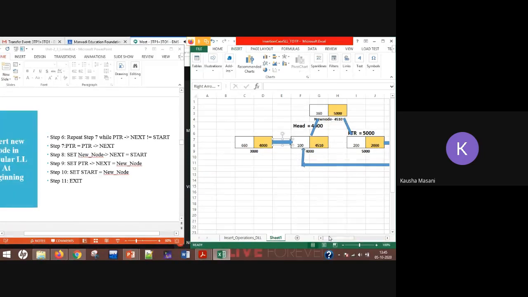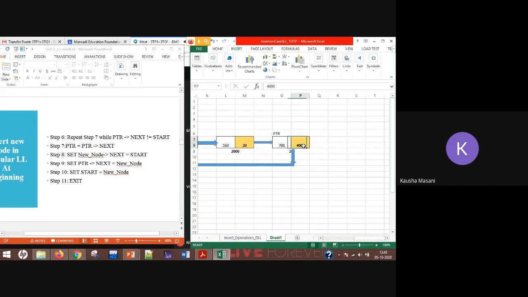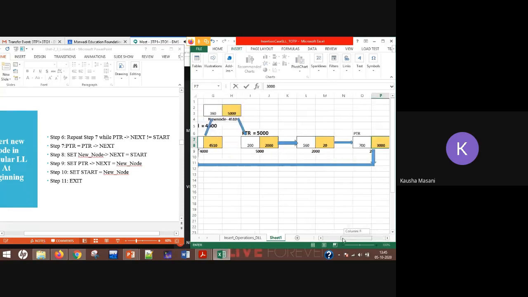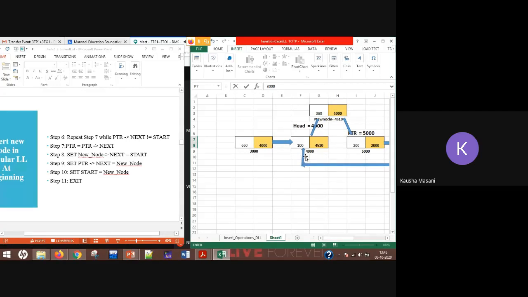Where is my PTR? Here, which is pointing at 4000. I need to update this value. So PTR of next equal to new node. New node value is what? 3000. Okay, so what we did, we extended this link from here to here now.